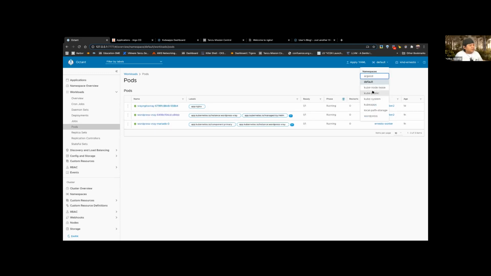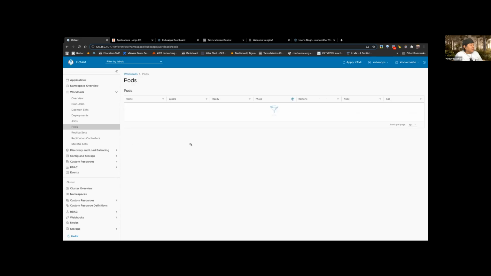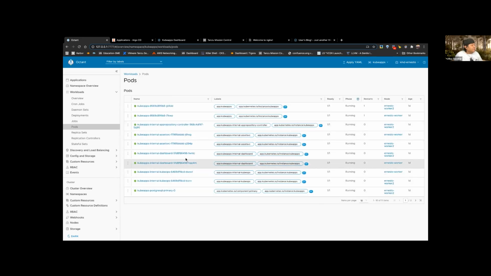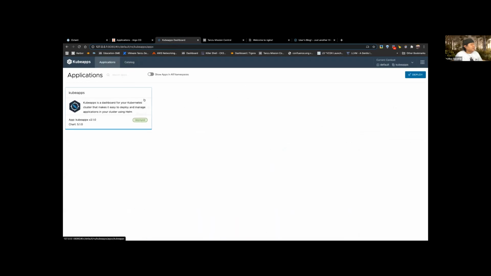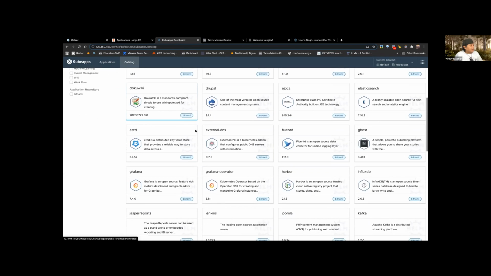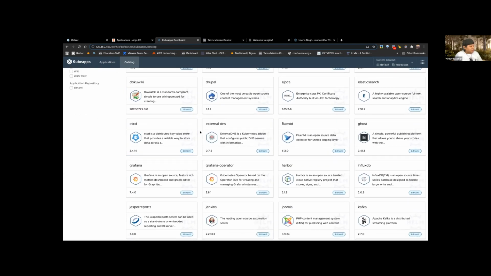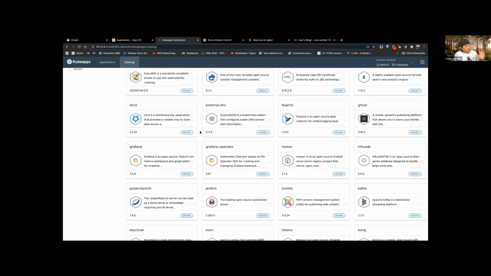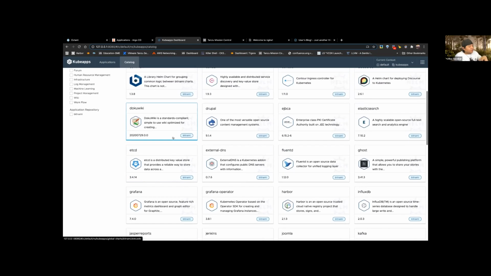And I have a bunch of things running, for example in Kubeapps, which is only for having the application that supports this catalog, where I can enter, get things, and select the application that I want to deploy. But first, just having a recap: I have my kind cluster of Kubernetes, and on top of that, I can pull images from this catalog from Bitnami, which is free, by the way, directly, right?